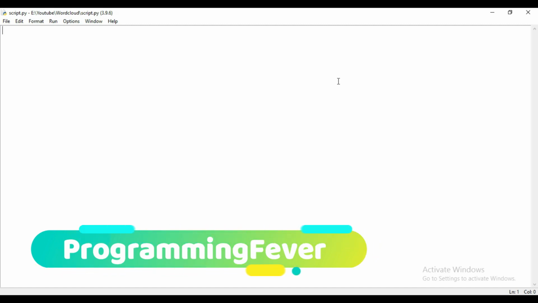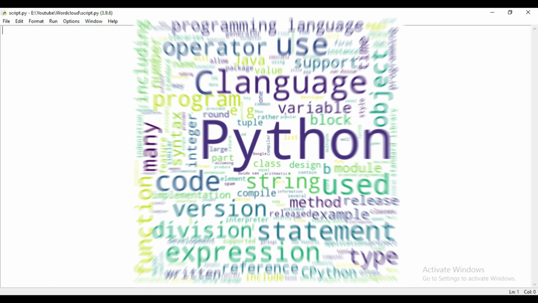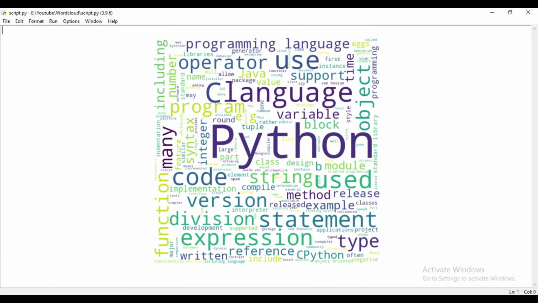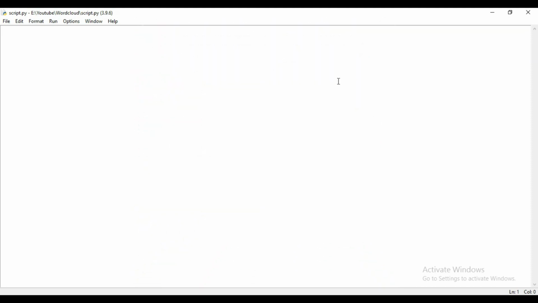So in today's video I will show you how you can convert Wikipedia page data into the word cloud. So first I will import the libraries that we will use to create the word cloud using Wikipedia data. So I will import